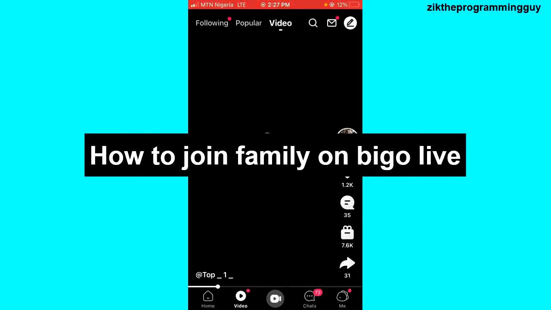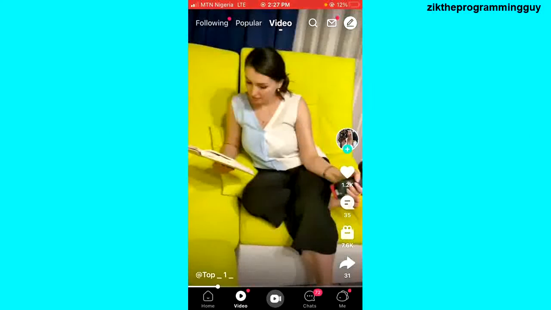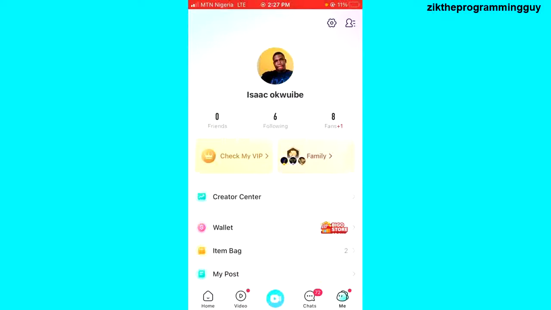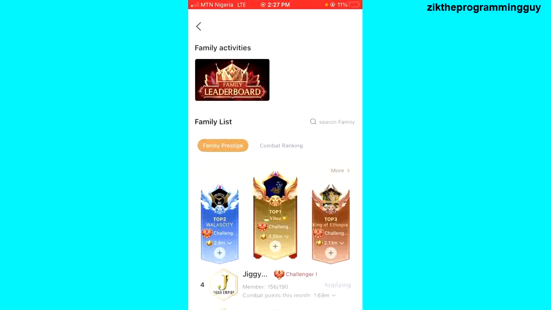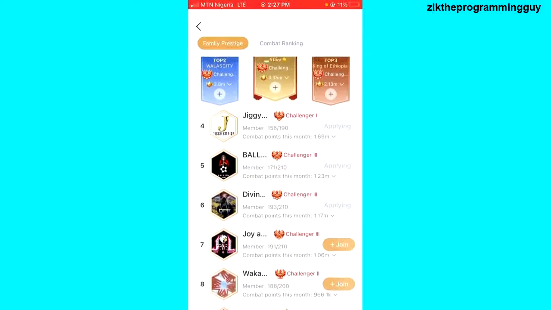The first step to take, guys, is to open your BIGO Live application and log into your account. After that, you have to click on the me icon at the bottom right corner. Once you're right here, if you look carefully, you see this family option. Tap on the family option right there, and then you have to scroll down just a little bit, and then